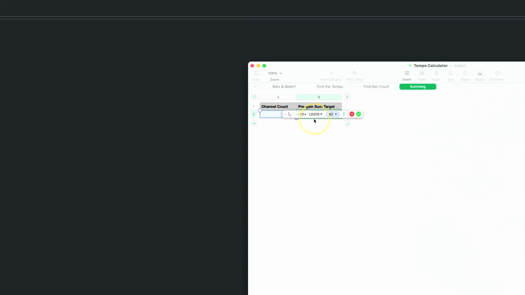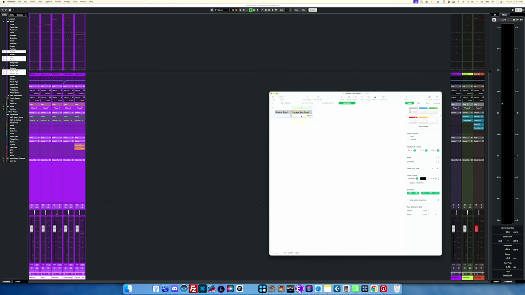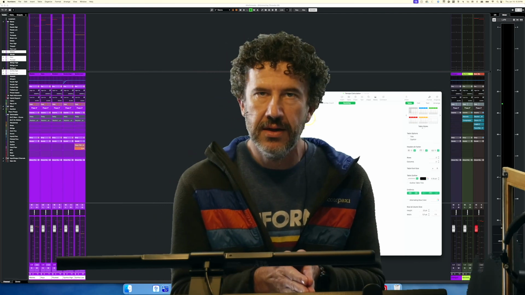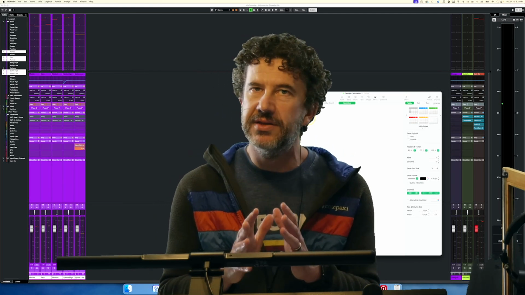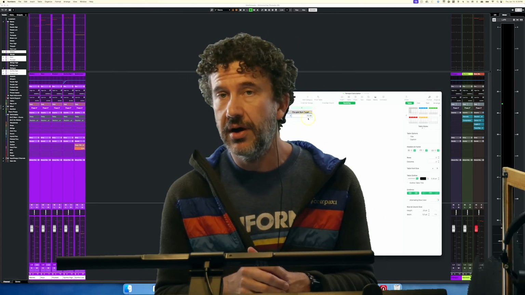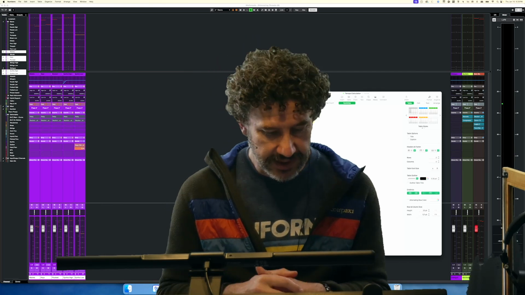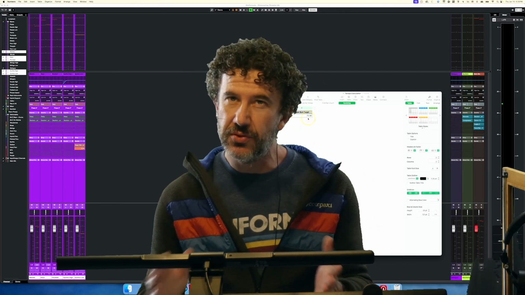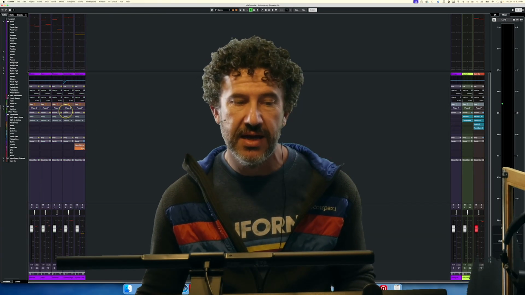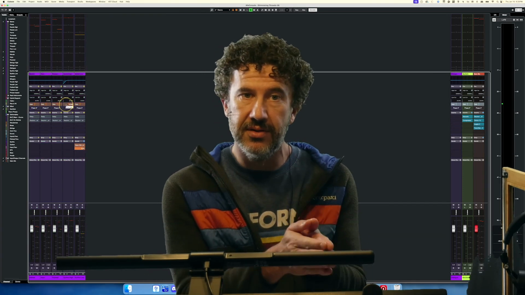And there's an equation here. The equation is -20 times log₁₀ of whatever this count is. And what that does is it tells me a pre-gain sum target. This is telling me that each of those 5 tracks can aim at -14, and if I do that, then I shouldn't go over on my master bus. But I actually want to gain into that region first. So that's what I'm doing with the pre-gain here, is I bounce up the pre-gain on the stems I'm using,